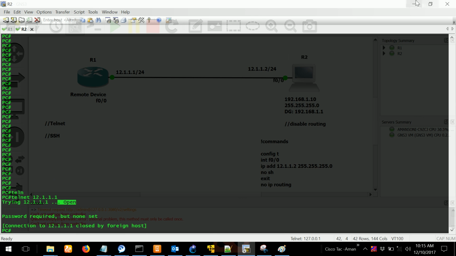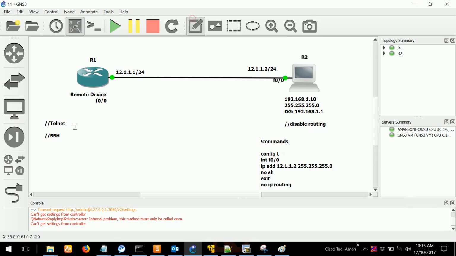So simple, the basic telnet commands are pretty simple. Let's do telnet lab 1. We'll go to config t, and go to line VTY. How many lines depends on you. You can even do 0, if only one person should access. You can do 1, 2, 3. What you cannot do is this. No. It has to be 0 if you want it for one person. If you want more, you will do 0 to 4.